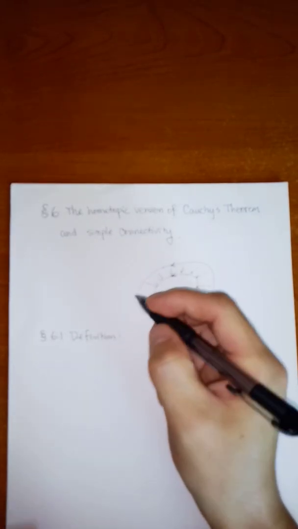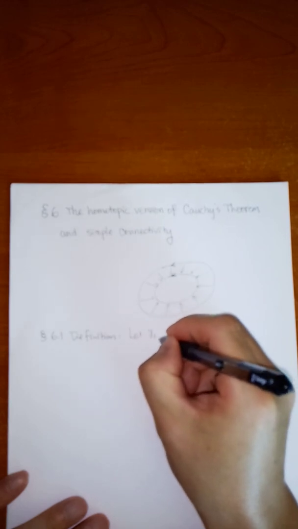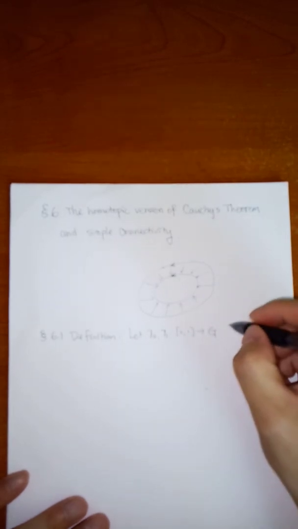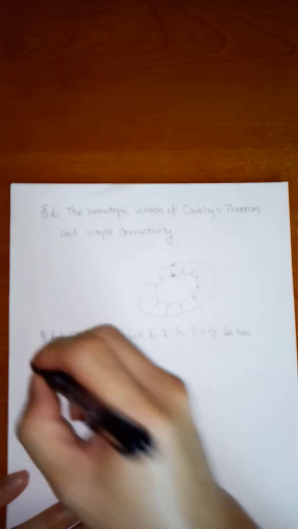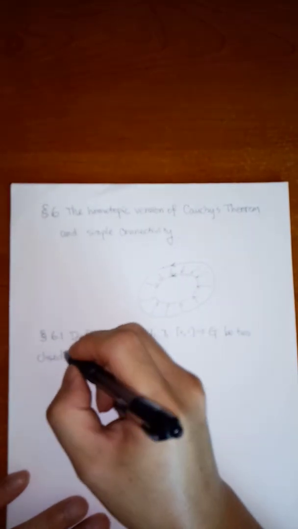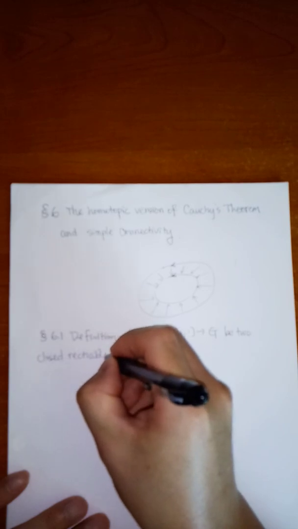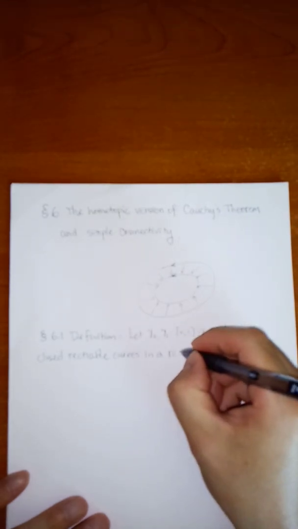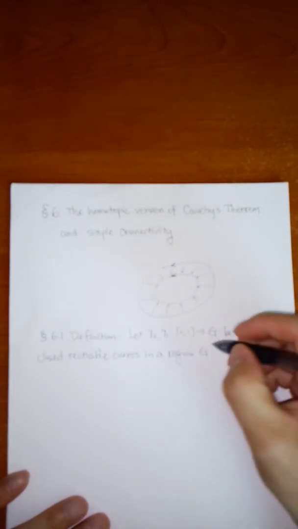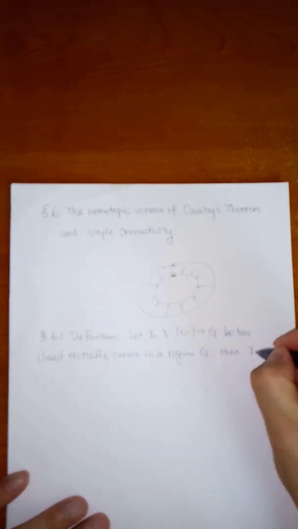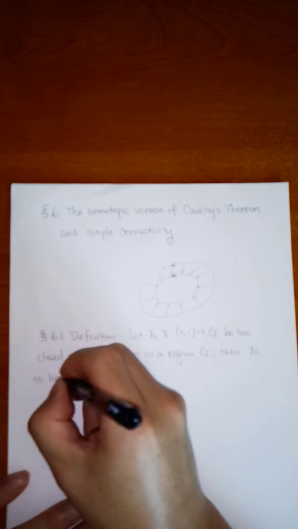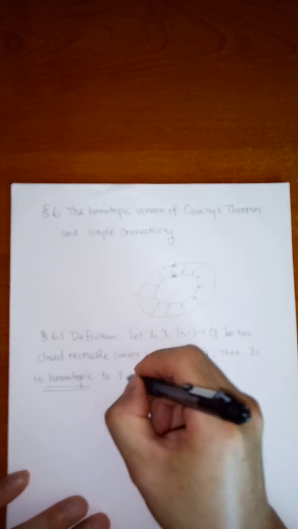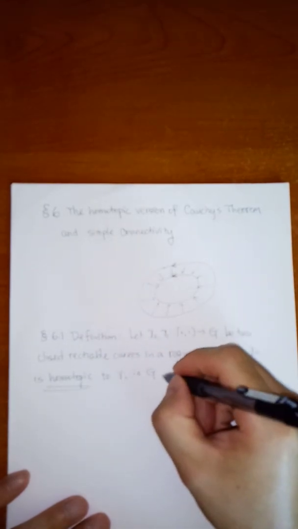Okay. Let gamma 0, gamma 1, both from [0, 1] to G, be two closed rectifiable curves in a region G. Then gamma 0 is homotopic to gamma 1 in G if